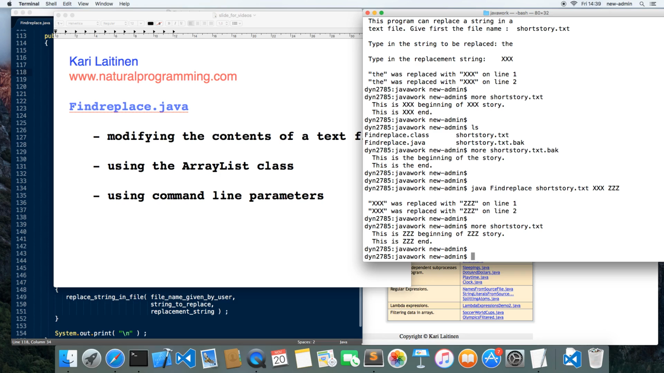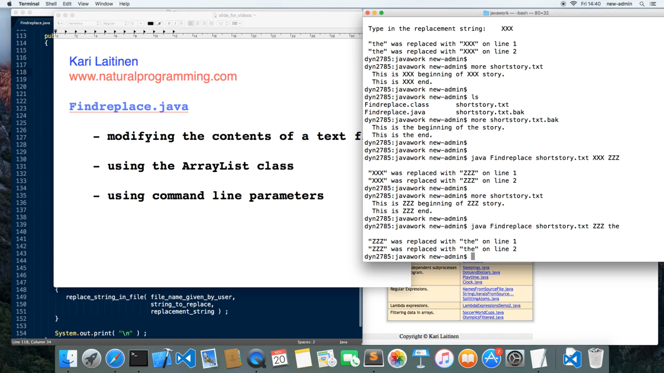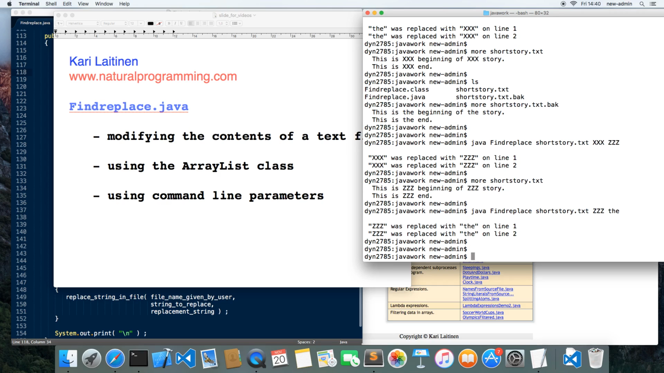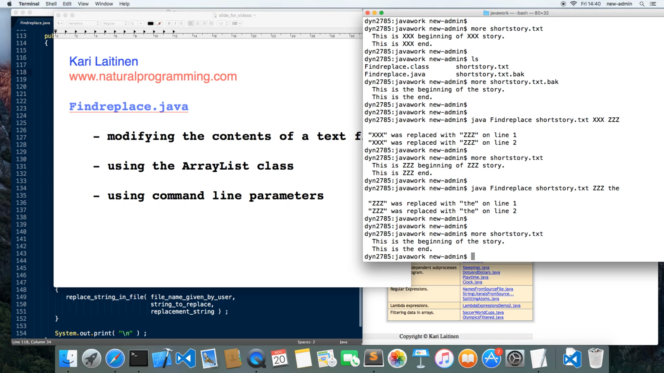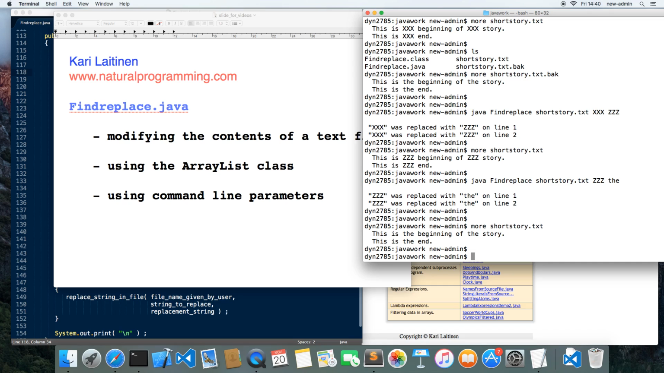run this program. And of course, if I make another replacement operation, like I replace zzz with the, then I should get the original text back. Like this. And now the original text is back there, and this program has some features that, for instance, if I try to